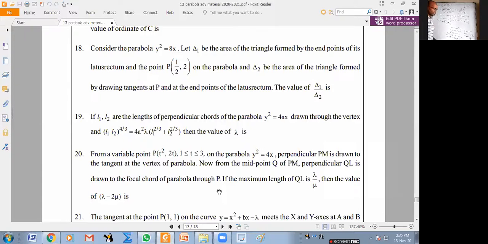So this 18th question is a past year advanced question, they gave it one year as a numerical question only. They gave some 3 points on the parabola. I don't know exactly, but some other 3 points on the parabola, and they asked this area by this area. Because points are given, somebody can really find the tangents, find the points, and do it, and it will end. If you try to do it in general, it is easier than using specific numbers.